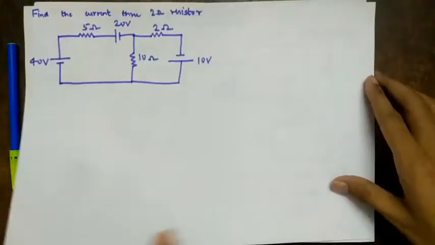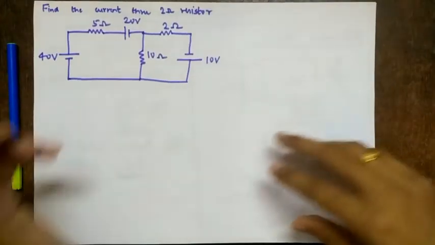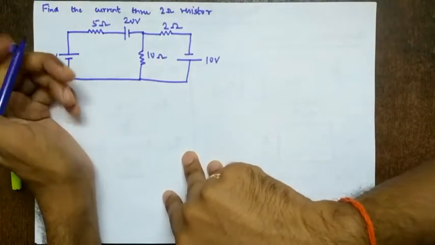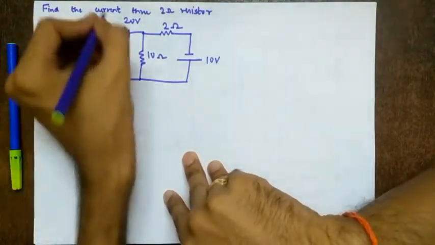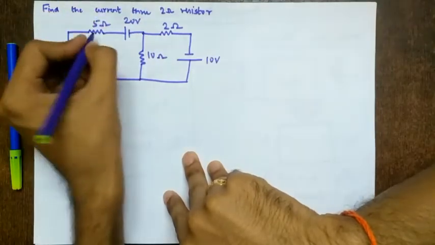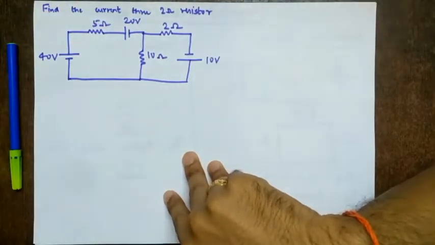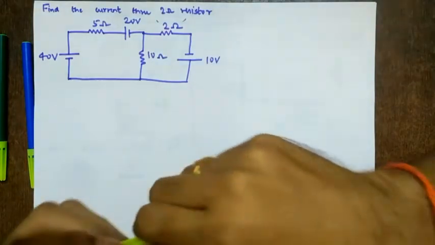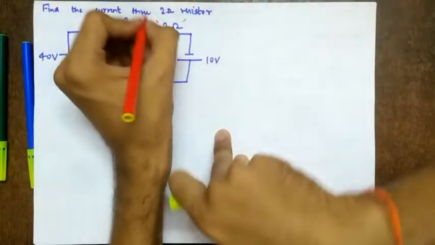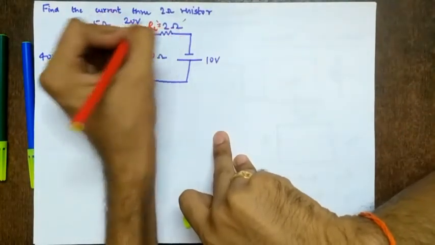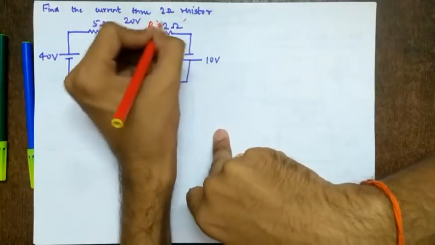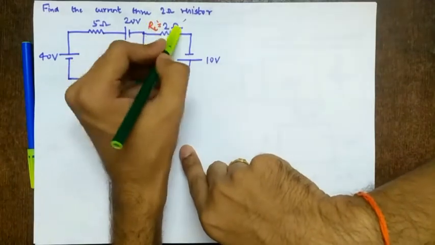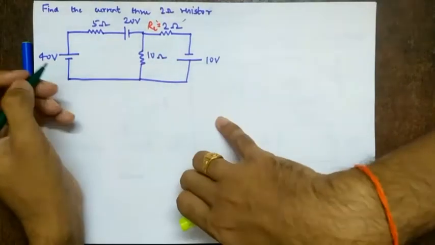So let's see this. First we'll do a simple example using Thevenin's theorem and independent sources. What we do is find the current through the 2 ohms resistor. So where is the 2 ohms resistor? That is the first thing we do. So this is the 2 ohms resistor, and we have to find current through it. So this becomes our RL. So RL equal to 2 ohms, and we don't touch this resistor. That is, we keep it till the end. Even if we have something in series with it, we don't add them in series.